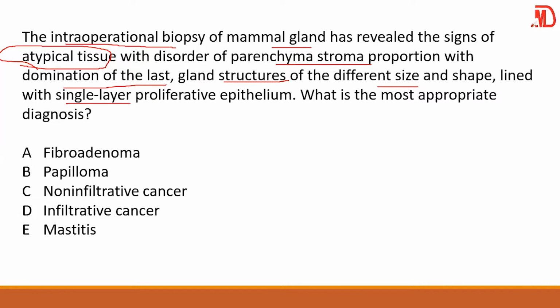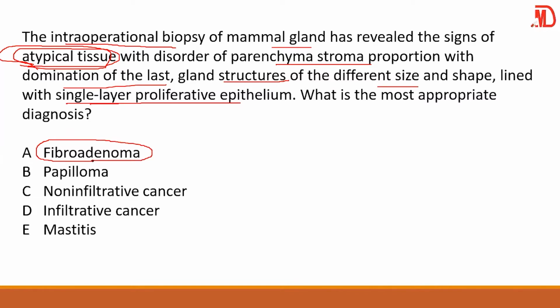So over here, we are thinking of atypical tissue. They say it has a different size and shape, lined with a single layer proliferative epithelium. So here, one of the most common tumors of the breast is fibroadenoma. So here you are thinking of fibroadenoma. And these are benign breast tumors,